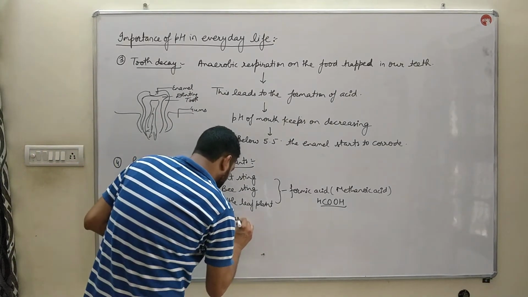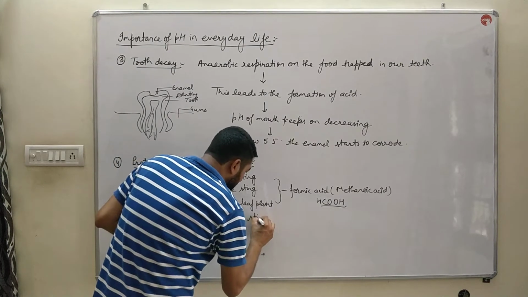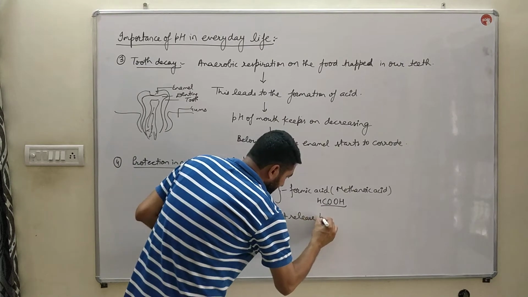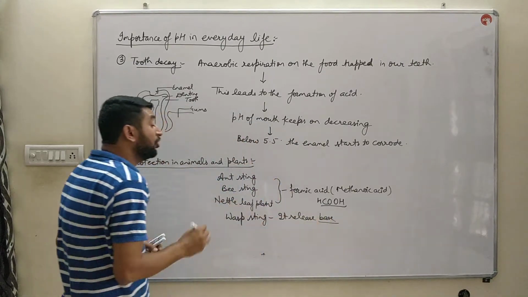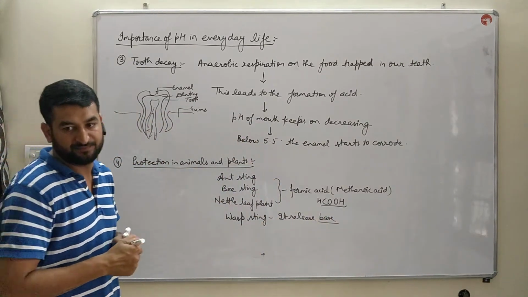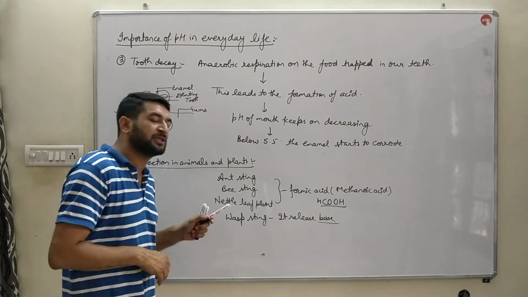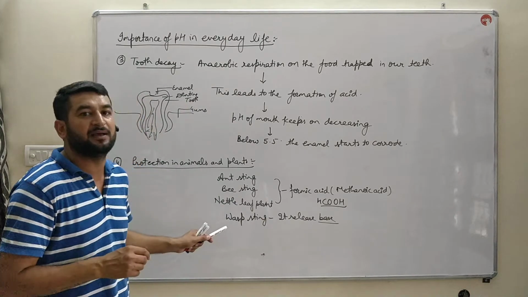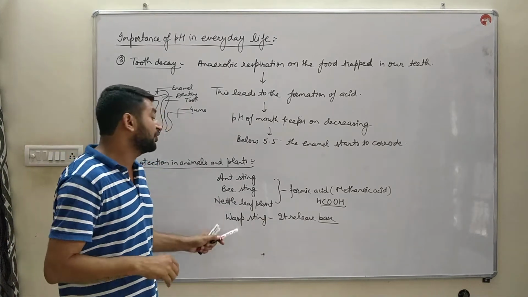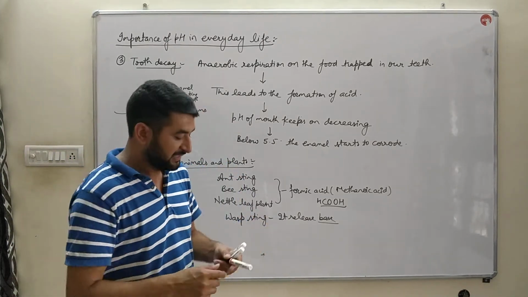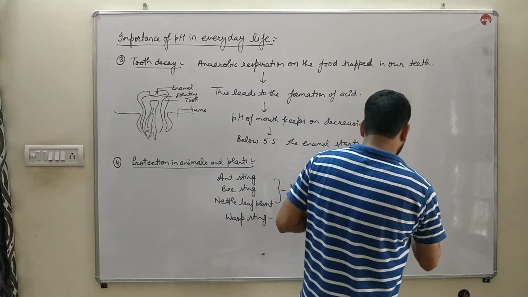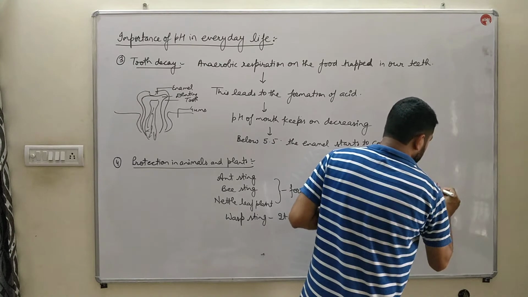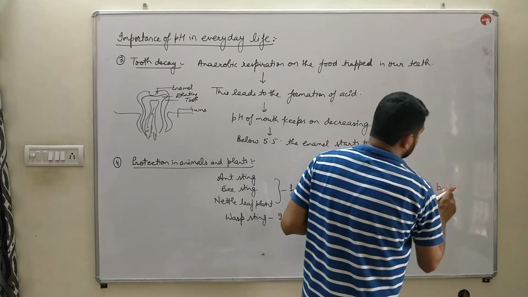Also, when wasp stings, it releases base, and that strong base will cause irritation. जब बच्चे एंट और बी स्टिंग होता है, बी काटती है या एंट काटती है तो एसिड रिलीज करती है, बट जब वास्प काटता है, एक बड़ा सा मकोड़ा जैसा होता है, वो काटता है तो क्या रिलीज करता है? बेस. तो इसकी रेमेडी क्या है? फॉर दैट वी रब बेसिस, माइल्ड बेसिस, वीक बेसिस रब करो,